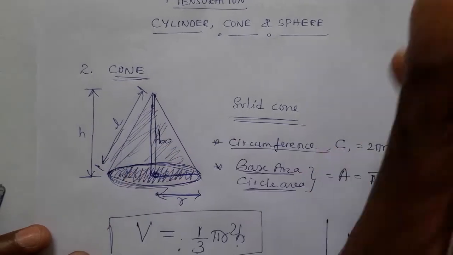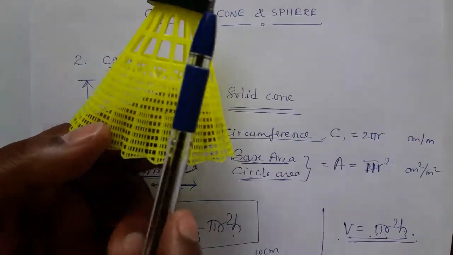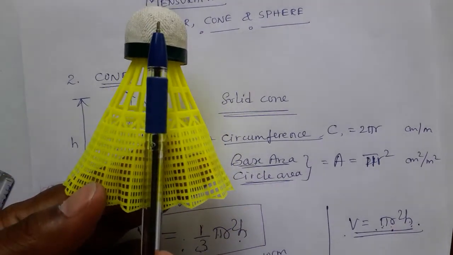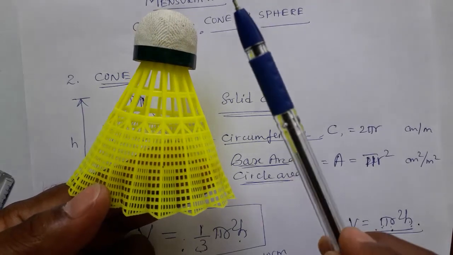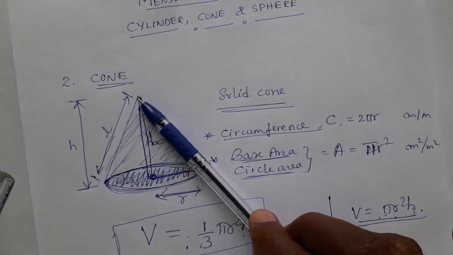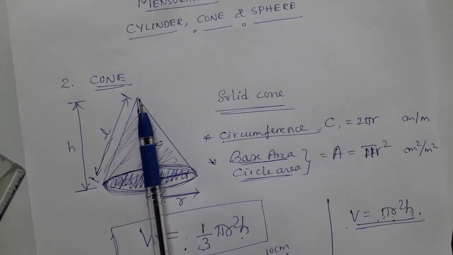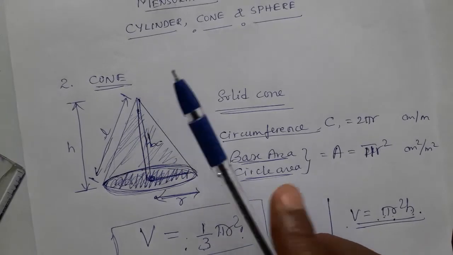Height is always straight. See, this is the radius, this is the height, the straight vertical line is the height, and slant height means the cone has this. See, this is the slant height, it is cross. So this is the height. I kept the pen very straight, in vertical mode. This is the height of the cone. When I keep it like this, this is the slant height of the cone. Look here, this is the slant height. Slant height is slanted, and this is the height. Height is straight. Now that length along the slant is what we are using here.